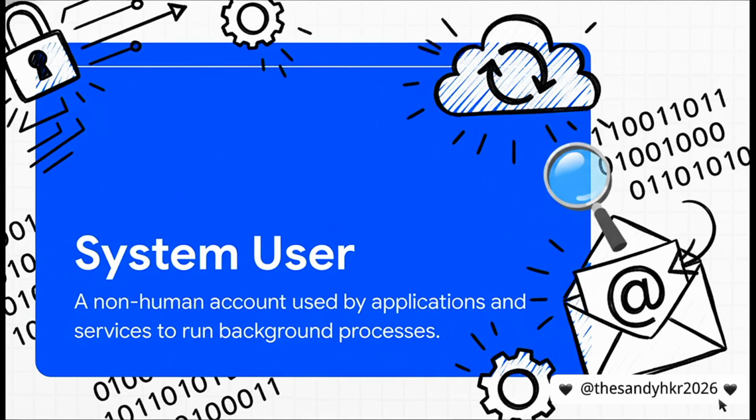And finally, there's a third type, system users. Now, these aren't people at all. Think of them as the automated services running the office, the security system, the email server, the HVAC. They're special, non-human accounts that just run in the background doing one specific job. You never log in as one, but the system couldn't run without them.